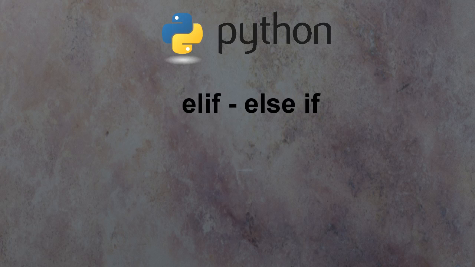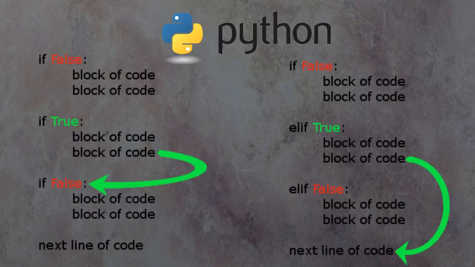The elif statement is short for else if. The elif is commonly used when checking multiple conditions to assist optimization. The difference between the if and the elif statements is that with multiple ifs, your code will go and check all the conditions, whereas in the case of the elif, if one of the conditions is satisfied, it will not check the other